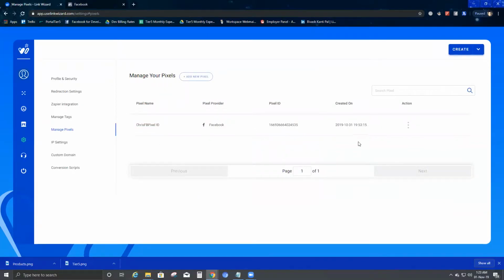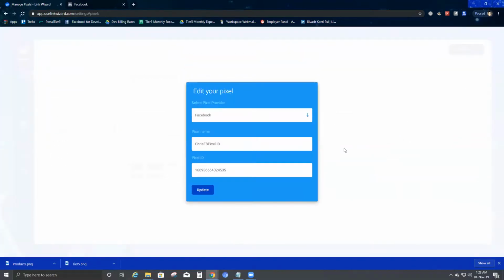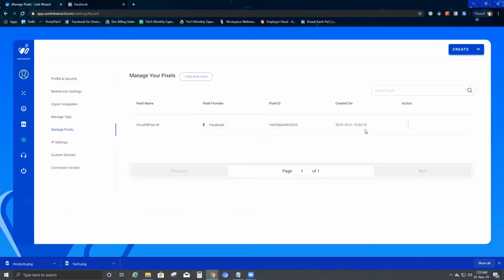Now, how do I use it? Before that, remember under the action, you can edit this pixel at any point of time. I'm sure you would not be able to edit the pixel ID, but if you want to change your pixel provider, you can do that. If you want to change the pixel name, you can do that. Even your pixel ID can be changed, provided you have any other social platform where you have your pixel ID updated. Since I've already created this,